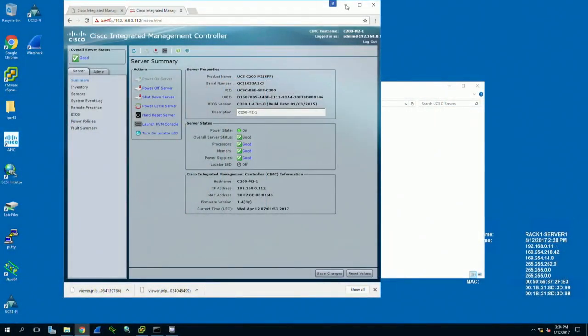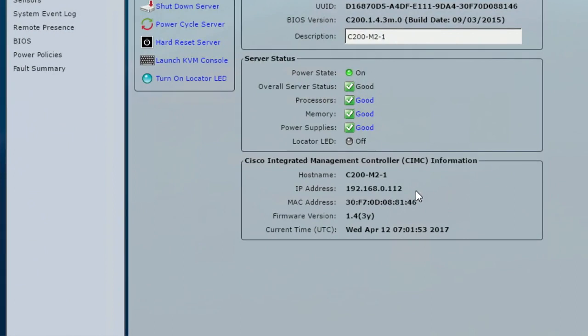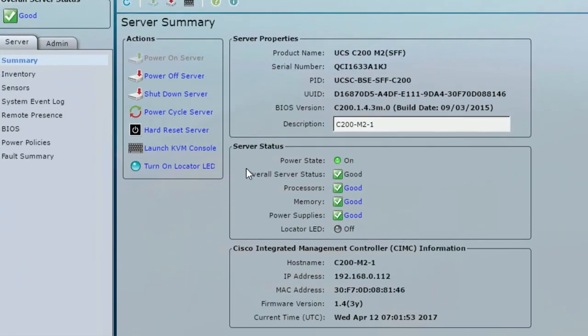Okay, so from here in the SIMC screen, the main page that you land on is going to give you just some general info about the box, like what is the IP address for management. In this case, we have a web browsing session going to 192.168.0.112. You can control the server physically here, so you can power it off, you can reboot it, you can